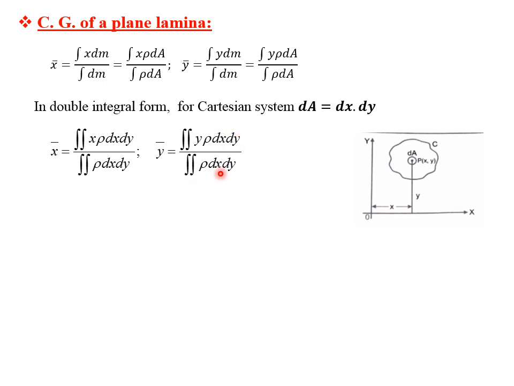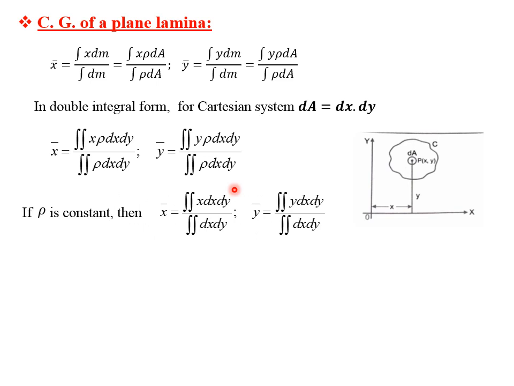rho dx dy. If you observe these two formulae, you will see the difference between x bar and y bar. So when we have x bar, in the numerator of this double integration we have x as a multiplier, and in y bar we have y as a multiplier of rho dx dy. So together this x bar and y bar represent the coordinates of the CG of this plane lamina in Cartesian form. Okay. Now if this rho is a constant for this area, then these formulae reduce to